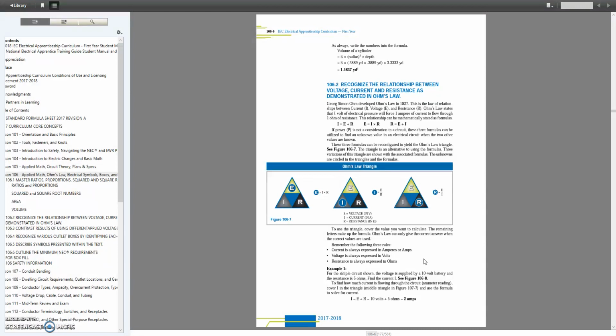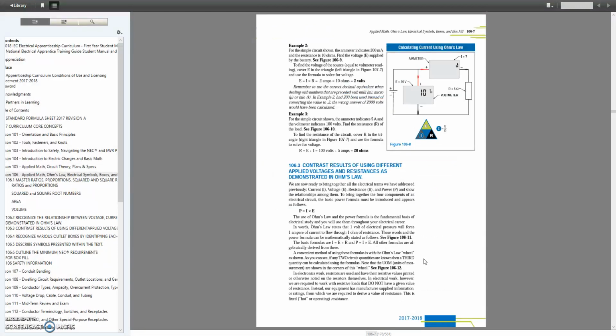I think all of you have seen this and worked with this, and again, hopefully you're going to find this a breeze as well. So I won't bore you too much with these details here. But one thing that they mention here is contrast results of using different applied voltages and resistances as demonstrated in Ohm's law. So, you know, what they're talking about here is a pretty important concept, and I'm going to jump